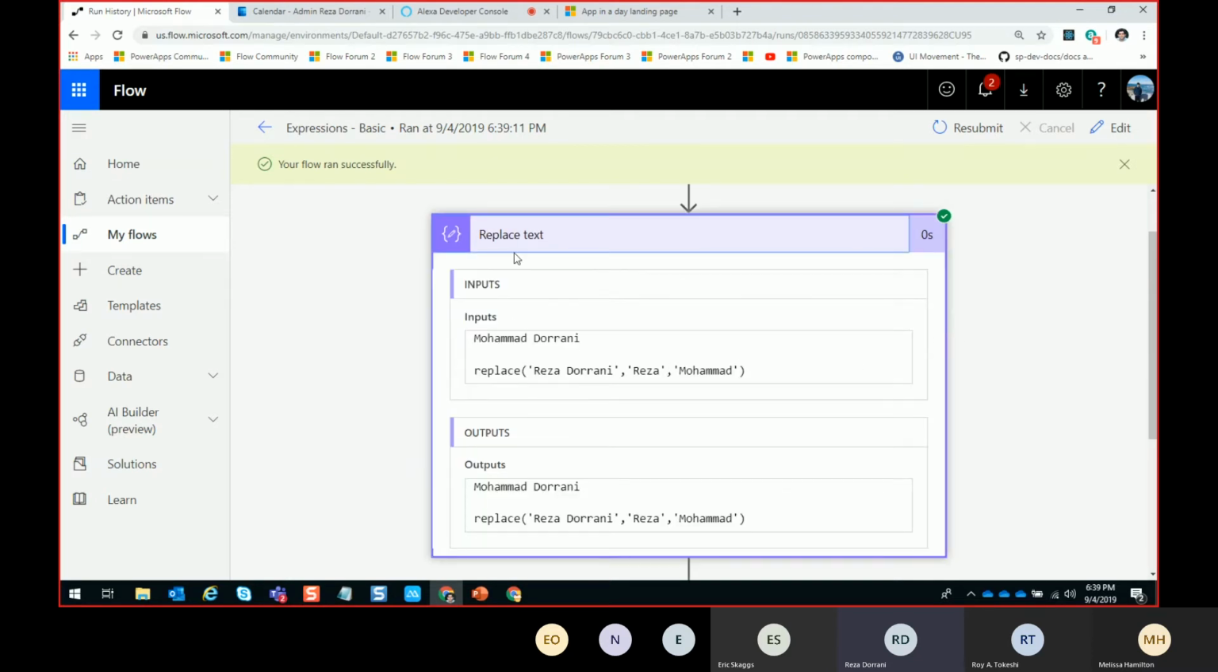Now let's look at the different actions and let's look at the outputs. So the first one we used was replace text. And this is the formula that I used, right? The expression was